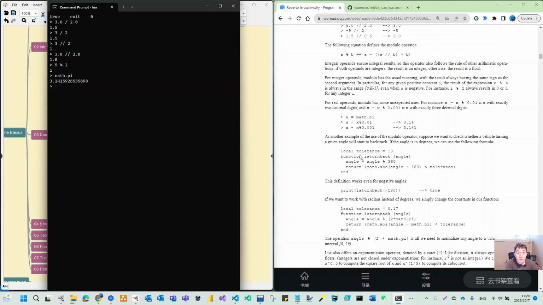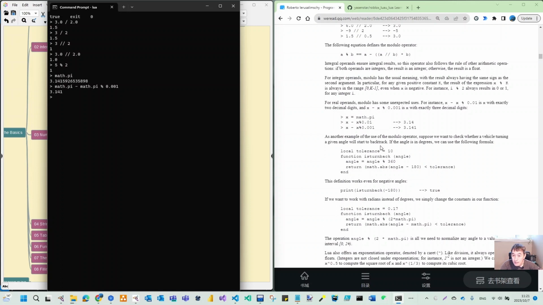And then we can use math.pi minus math.pi mod. Then I removed the rest of the part, and I just have 3 digits after the dot. And another example for modulo is if we want to check whether our vehicle turning a given angle will